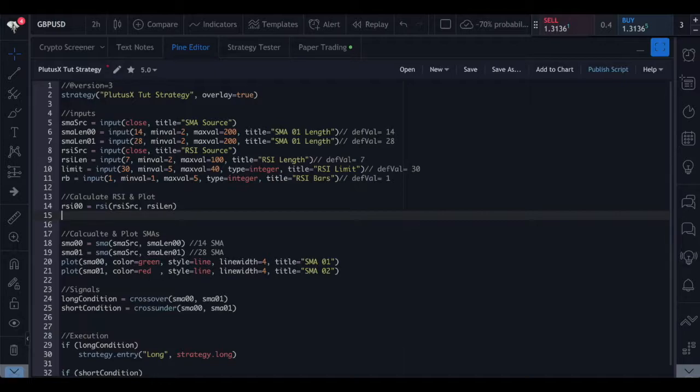So this is calculating the RSI. For us to plot this, we need to do something a little bit different, because if we plotted it using the plot function down here, our graphs would look really weird. So we have to be creative. So RSI color